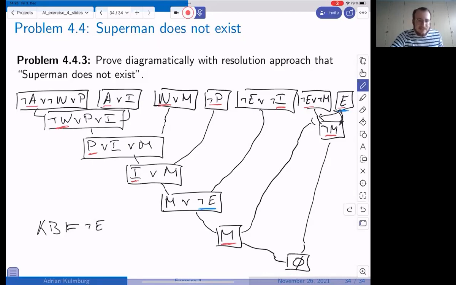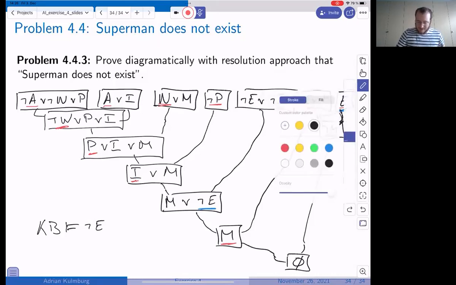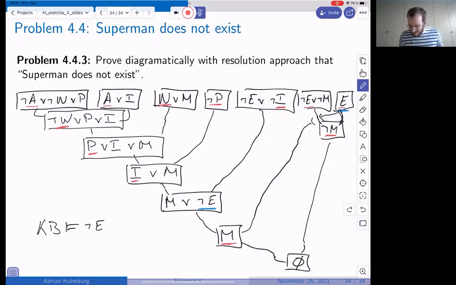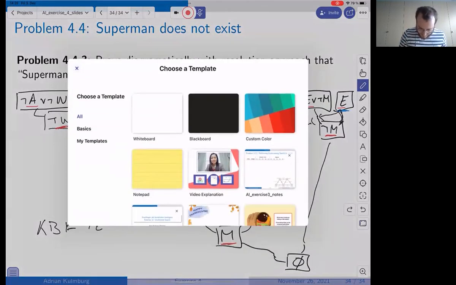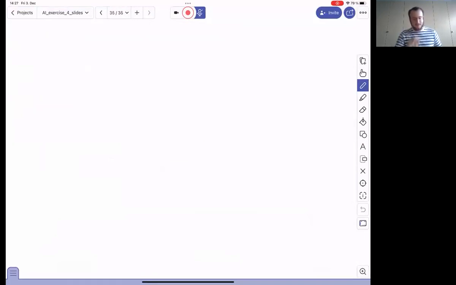I thought I've learned that one can only use a clause once. No, so this is not what we discussed in the lecture. I think I know what you mean. Can I make a new slide? Yes, I can make a new slide. So what you probably mean is, at some point in the lecture, there was something like A or B or, let's make it easy, it was something like this,